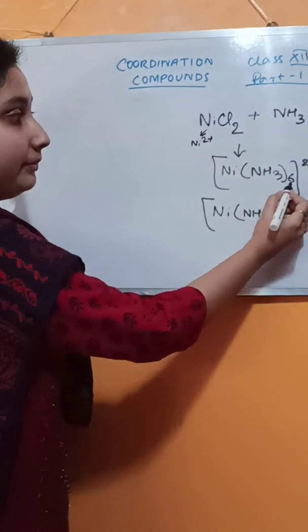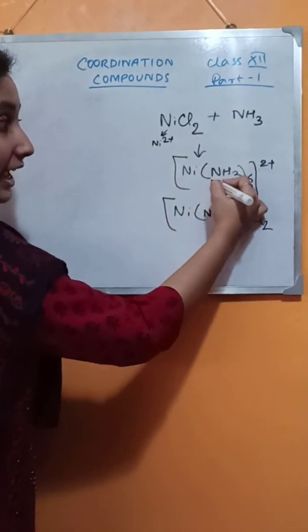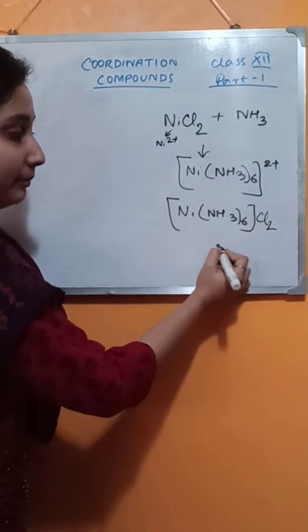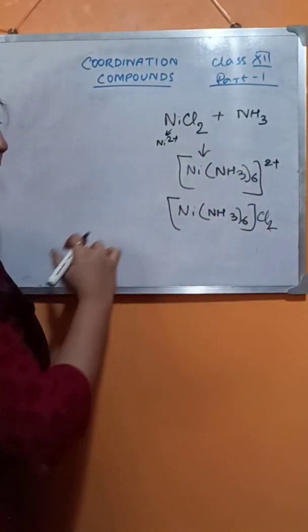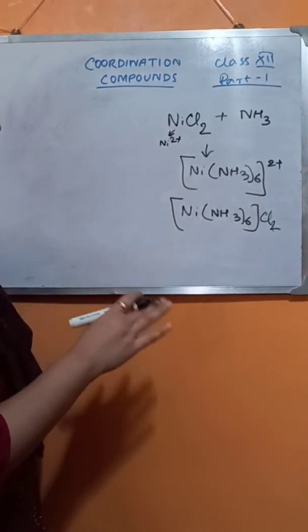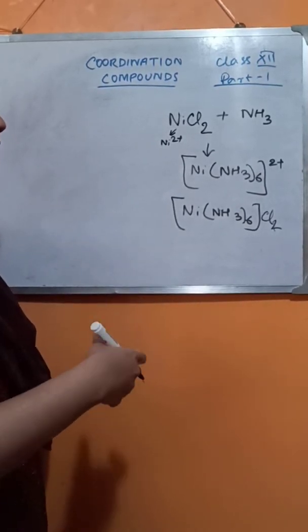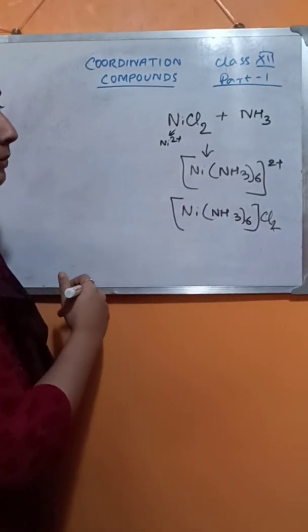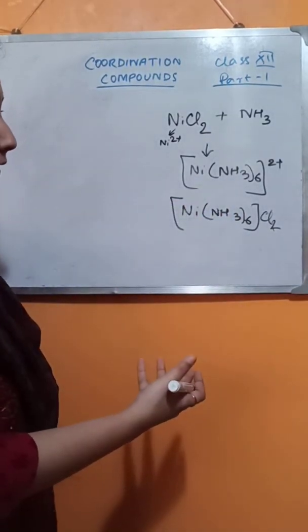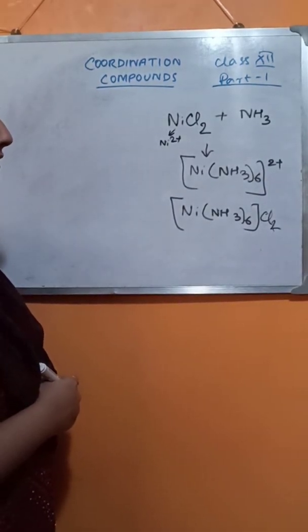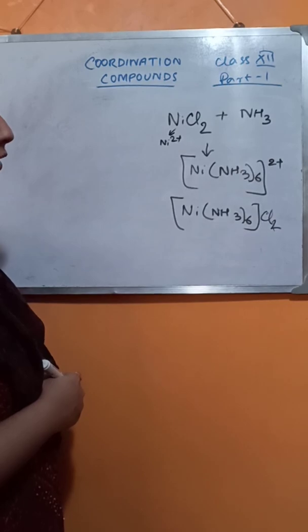These types of complex ions, or complex cations, or this type of complex neutral compounds, are known as coordination compounds. Now you can ask me why they are known as coordination compounds. What is there in this type of compounds? You must have learnt about coordinate bonds in class 10. What does a coordinate bond mean?